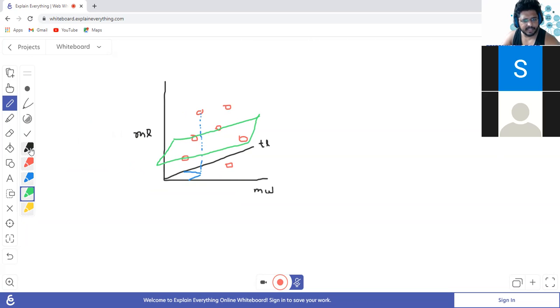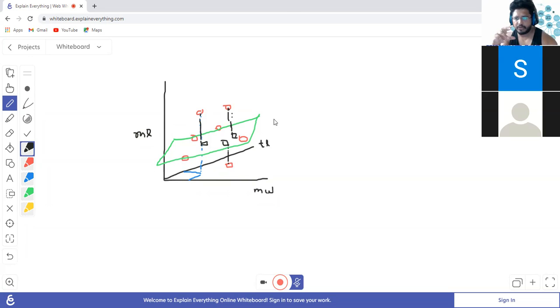So everything else is the same. These lines are also the perpendicular distance from the plane. That is called the error or the residual. Some points are below the line and some points are above the line. But not the line, the plane. Some points are below the plane, some points are above the plane, but ultimately it is the plane.